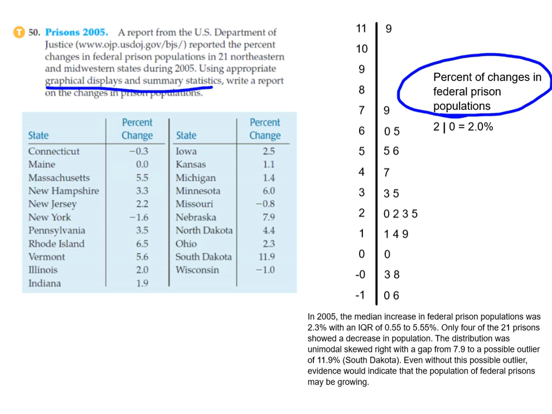In 2005, the median increase in federal prison populations was 2.3%, with an IQR of 5.55 to 5.55. So again, this is